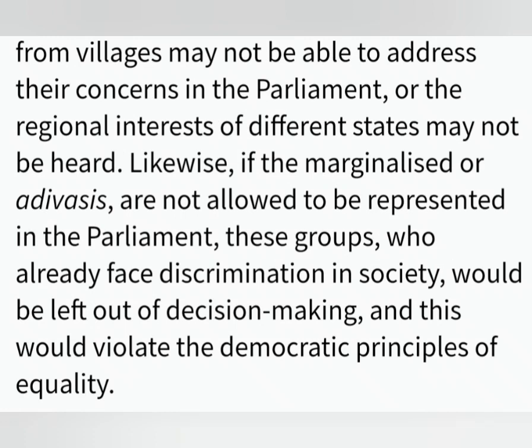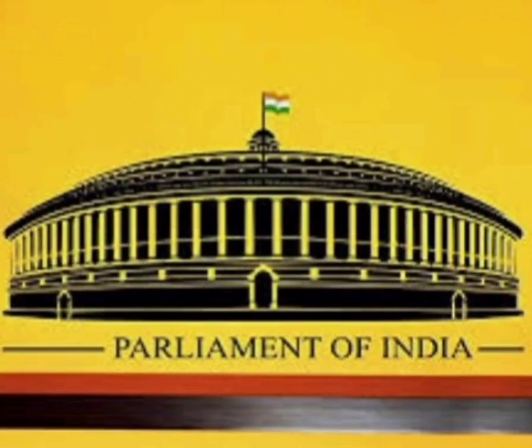villages may not be able to address their concerns in the Parliament, or the regional interests of different states may not be heard. Likewise, if the marginalized or Adivasis are not allowed to be represented in the Parliament, these groups who already face discrimination in society would be left out of decision making, and this would violate the democratic principle